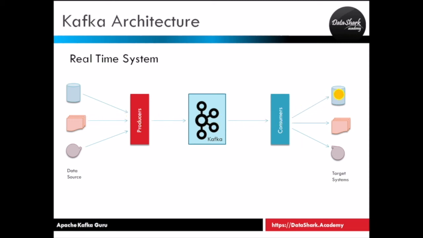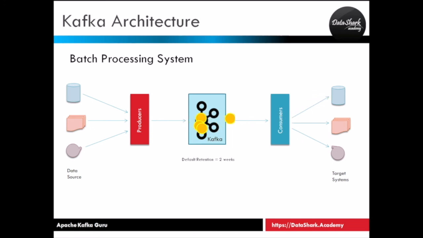I want to look at another kind of system, which is called a batch processing system. In addition to real-time systems, Kafka also supports batch processing systems. A batch processing system is one where data is read from the source but it isn't processed by the target system immediately, as you can see here in the diagram. Instead, there will be some end of the day process that will do some analysis and send the data to the target system. In this diagram, data is coming and getting stored in Kafka, and then after a certain amount of data is accumulated, the consumer starts reading and processing it.